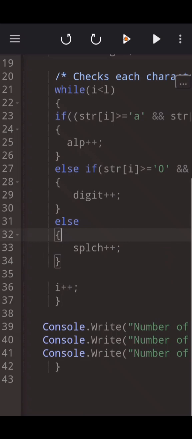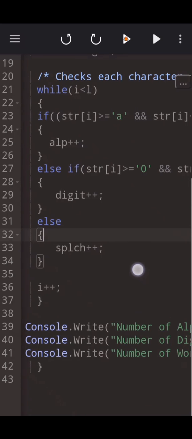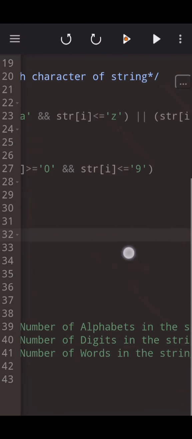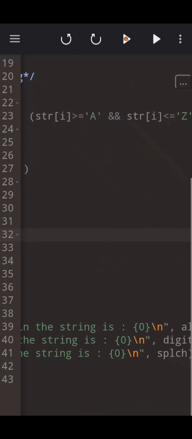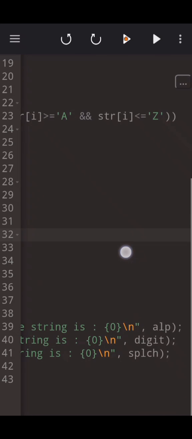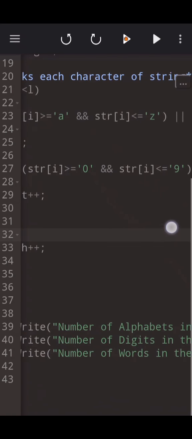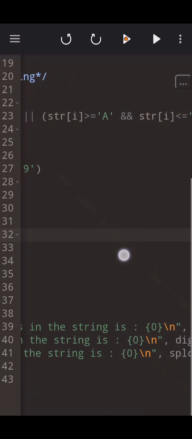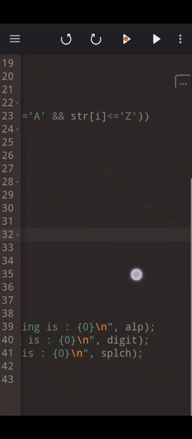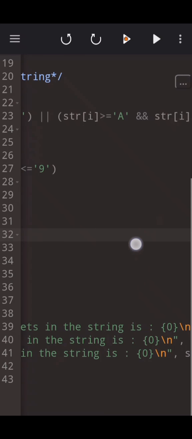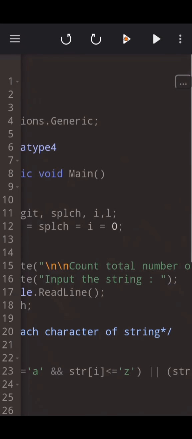curly bracket, special character plus plus; i plus plus; Console.Write number of alphabets in the string is {0}, \n alp; number of digits in the string is {0}, \n digit; number of words in the string is {0}, \n special. And if I'm going to run this program, the output will be